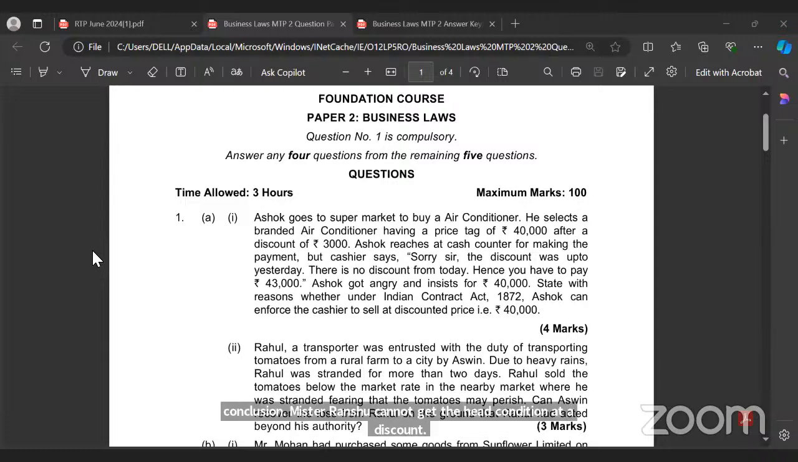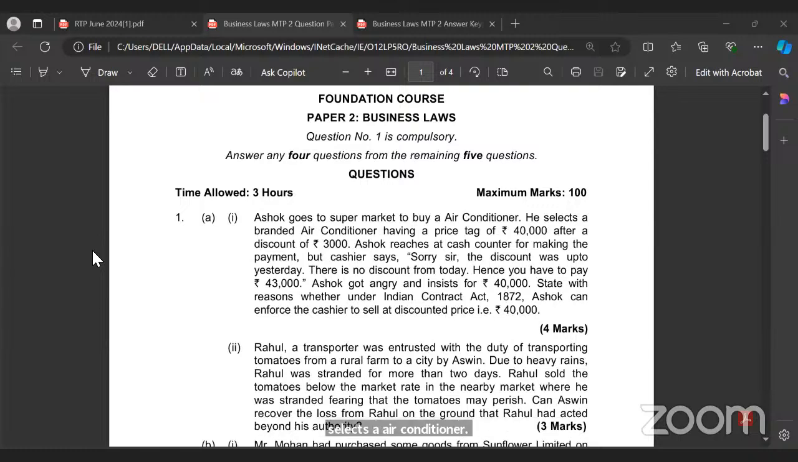What has been rejected? The offer has been rejected. If you want, you read one or two lines up and down and go ahead. Answer: an invitation to offer is different from an offer. Quotations, menu cards, price tags, and advertisements in newspapers for sale are not offers. These are merely invitations to the public to make an offer. An invitation to offer is an act precedent to making an offer. Acceptance of an invitation to an offer does not result in a contract, and only an offer emerges in the process of negotiation. In the instant case, Ashok reaches a supermarket and selects an air conditioner with a discount price